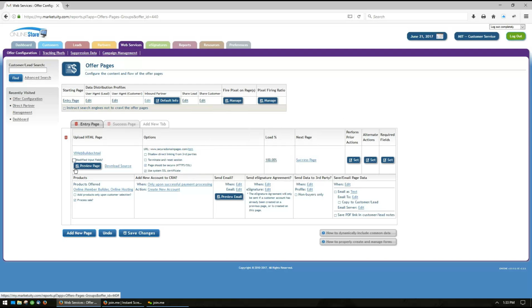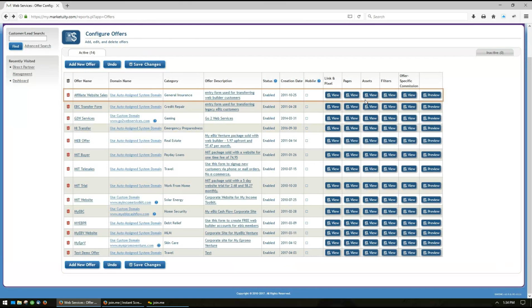So as you upload your pages here, there's all kinds of options that we're not really going to go into the nitty-gritty on right now, but kind of every option under the sun to decide whether or not certain fields are required or certain products are being sold, or does this page, once it's submitted, send out an email, or does it post data to a third party? What page should the pixel fire on, or pages? Do we share customer lead data with a partner? Do we not let search engines crawl the offer pages? All kinds of settings and options here to help make the management and modification of your pages a lot easier